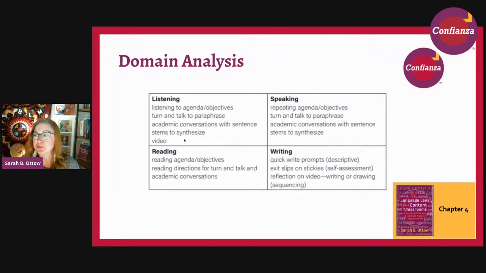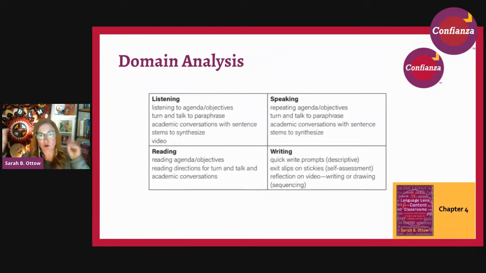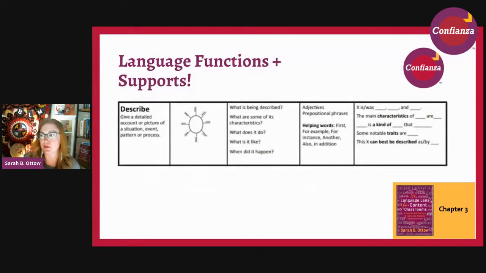So we can really list, like this example is here, are students listening and what are those activities? Right? And then they're reading, what are those activities? So they're speaking, what are those activities and what's the quality of those activities, as well as writing. So we really want to be aware of what our strengths are across the domains so that when we're especially going online, we have some go-to strategies that we can structure. And maybe we can do them every day. We can do them in different ways to help students feel included and engaged, and that the learning is centered around the students. That's really important.